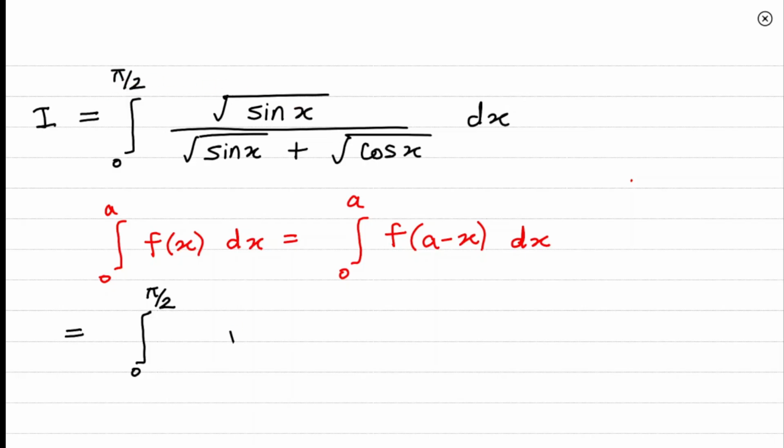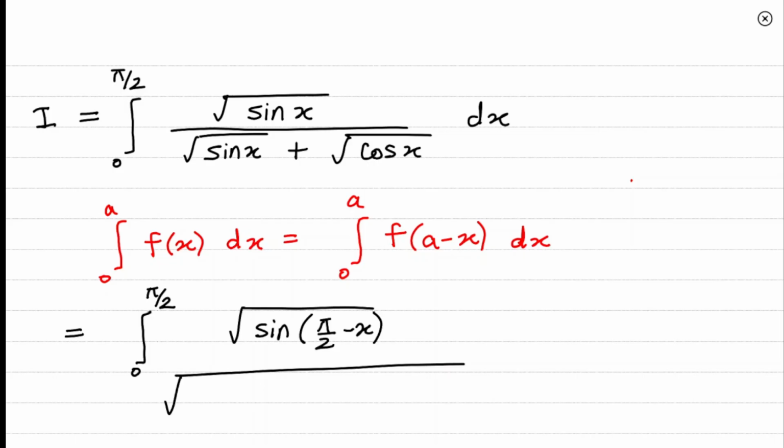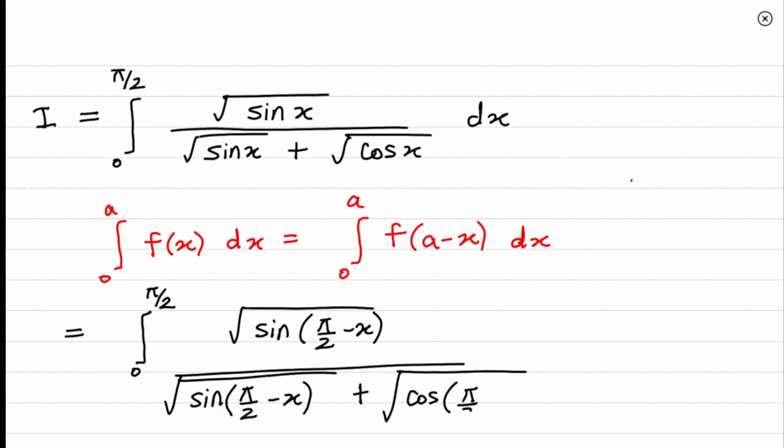Okay, so you have square root of sine pi by 2 minus x divided by square root of sine pi by 2 minus x, plus square root of cos pi by 2 minus x with respect to